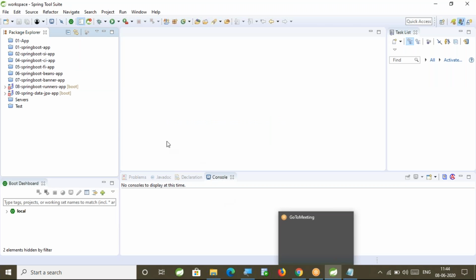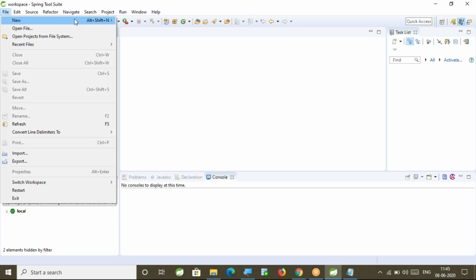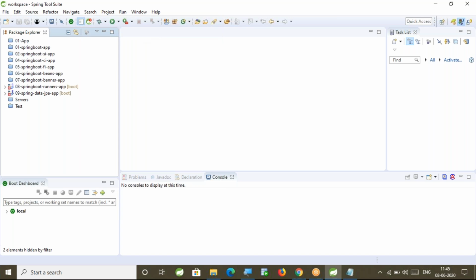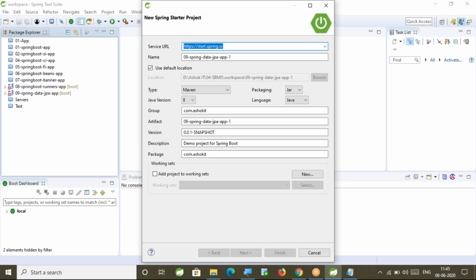Before that, let me create one application in the Spring Tool Suite IDE. File, New, Spring Starter Project. Here I'm going to give the project name, something simple like 20 Spring Boot application.